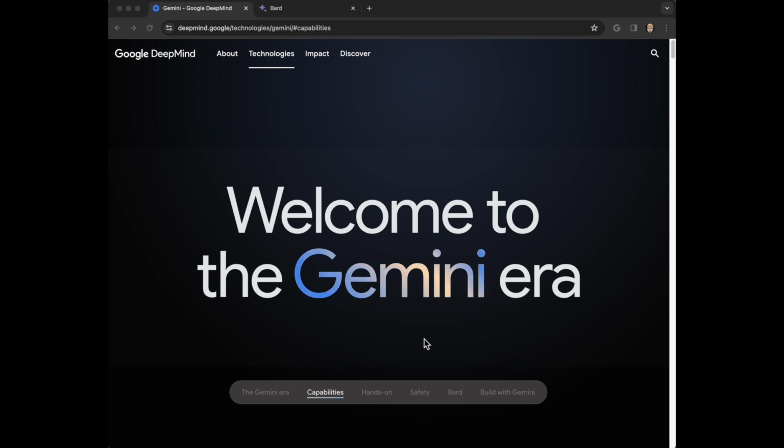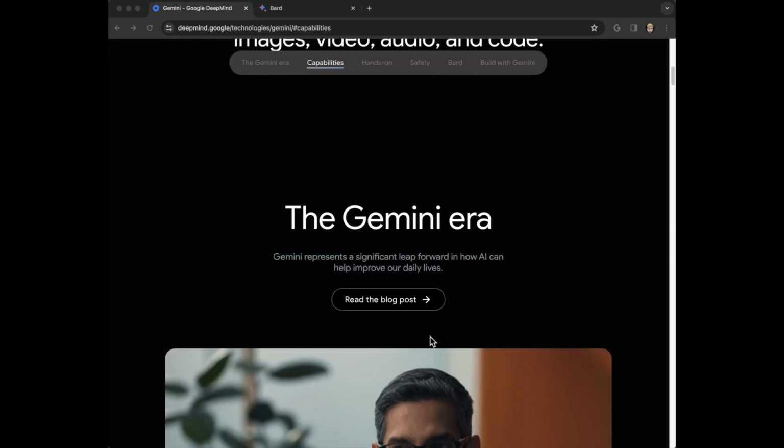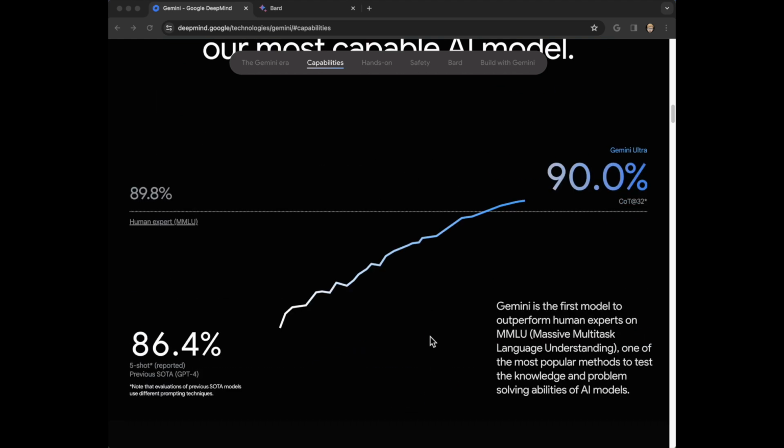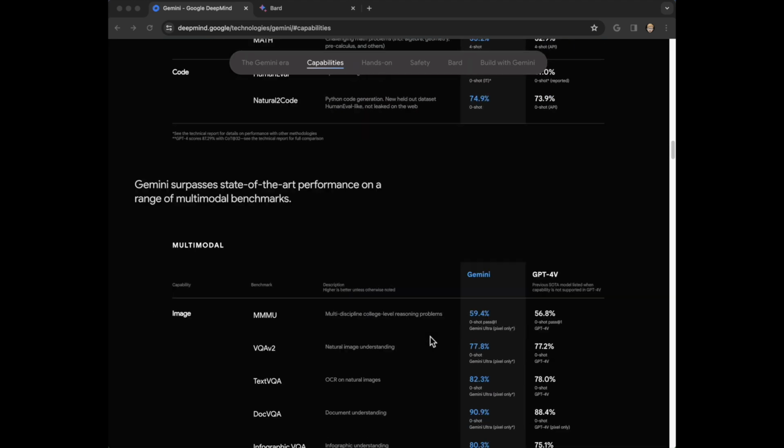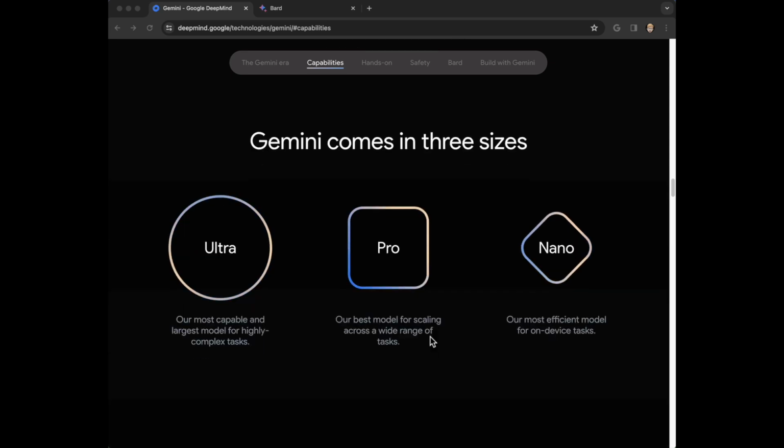My last video was actually on the release of the Gemini Nano, because Gemini comes in three sizes. There's the Ultra, there's the Pro, and then there's the Nano. So the Nano is what was recently released for the Google Pixel 8, I believe, and it's used by a few tools. I think the recording summarize functionality and the Gboard Smart Reply is using Google Gemini Nano on the